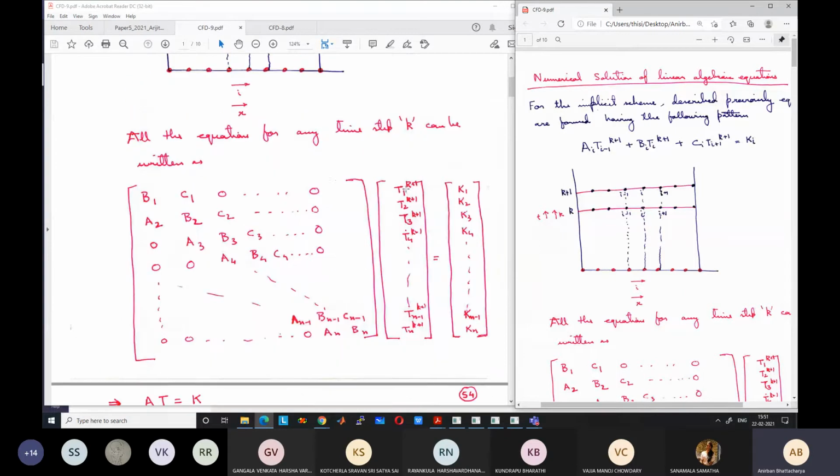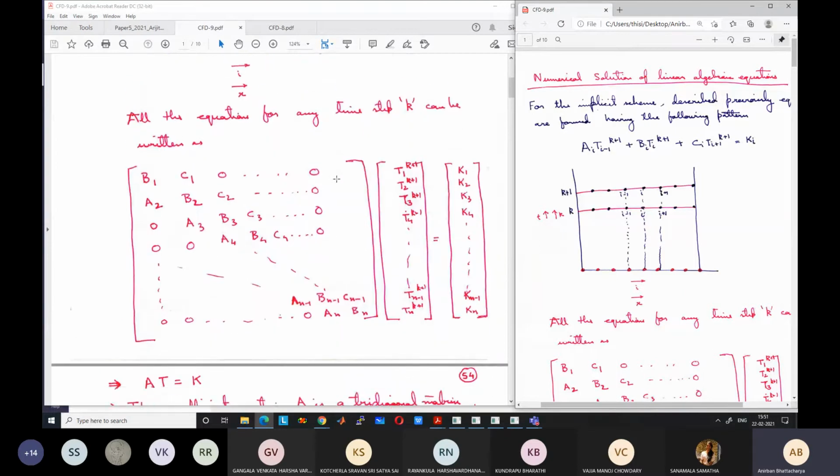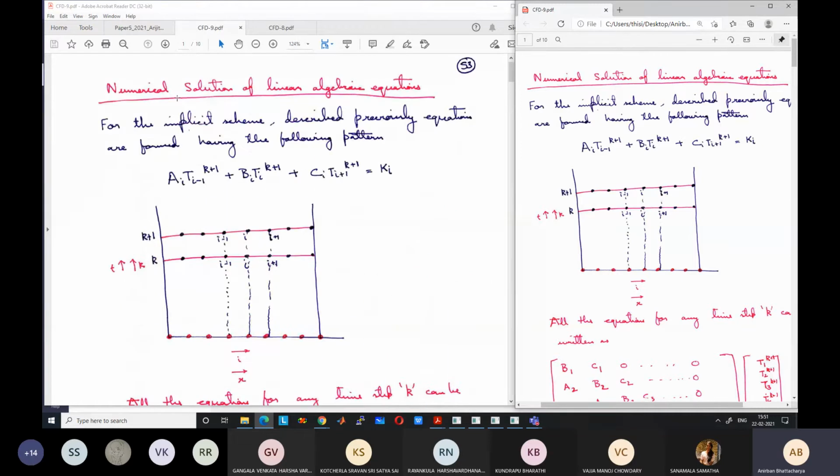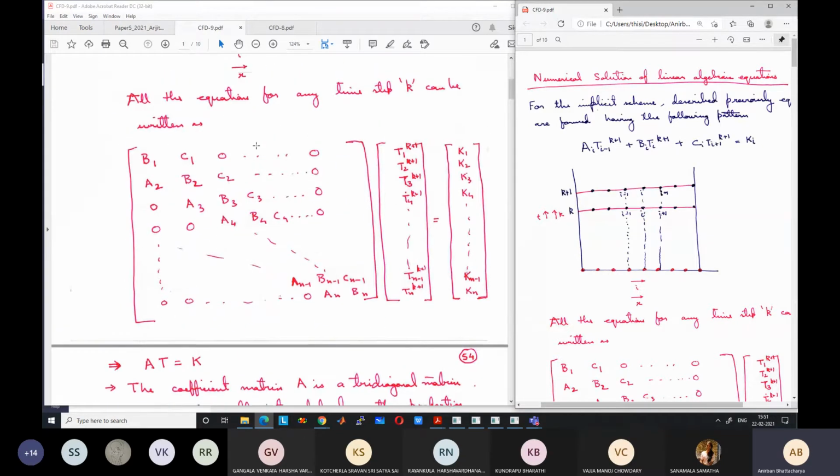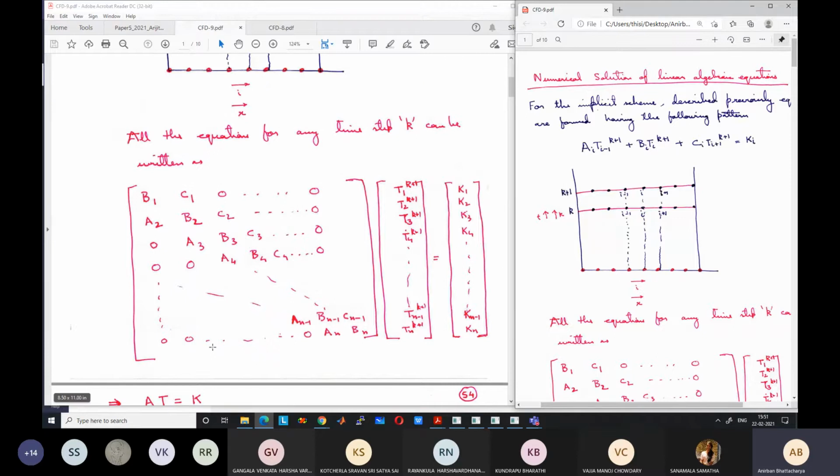Now we have to solve this. So solving n equations and n unknowns, there are different processes. Our aim in this discussion is to see a few processes of solving these types of equations, because we will always get this type of equations in our CFD problems if you solve implicitly. How to solve this type of equations, that is what interests us.